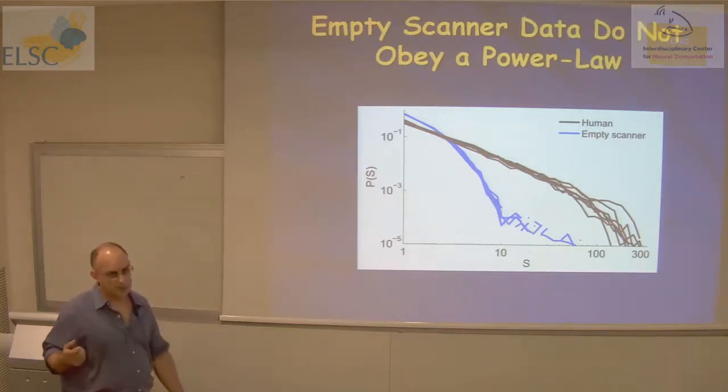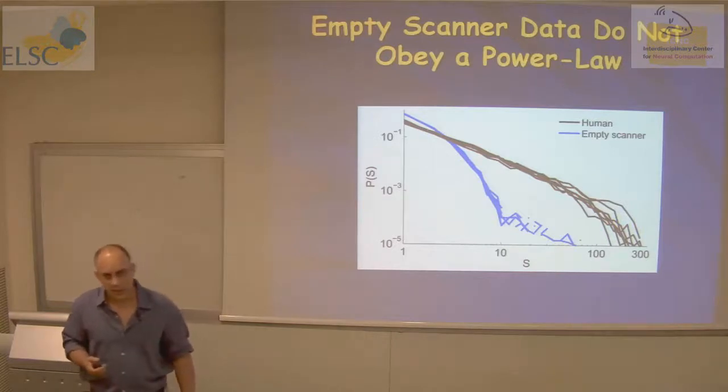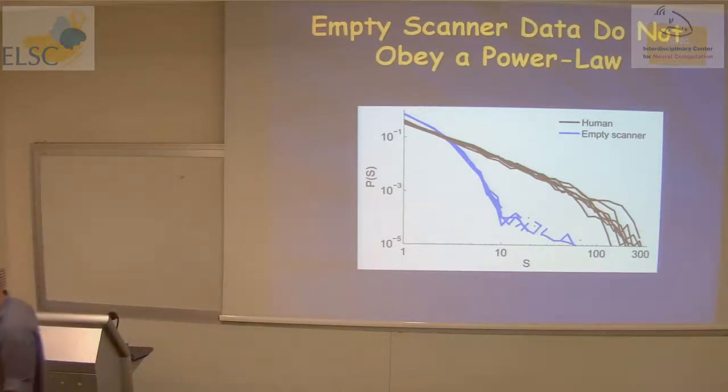There is another analysis that claims to be a probe for criticality that was published in 2009, and I repeated the same analysis, and I just got the same power laws for both. They also get some power laws, but of different things. It's not avalanches. These are periods of synchrony. And you just get the same results. I can show you these figures later. So you need to do this kind of thing.